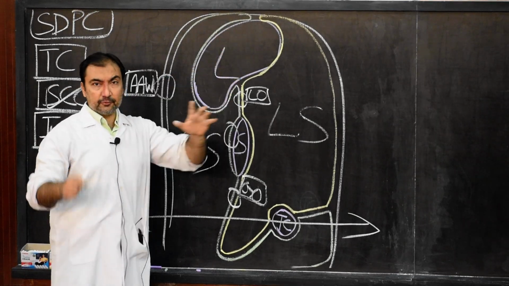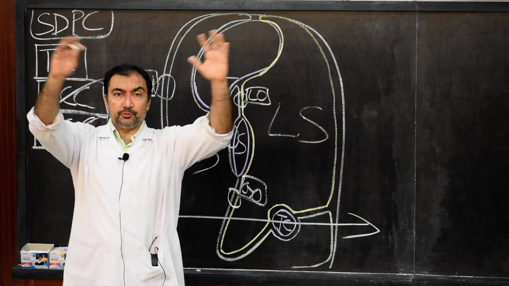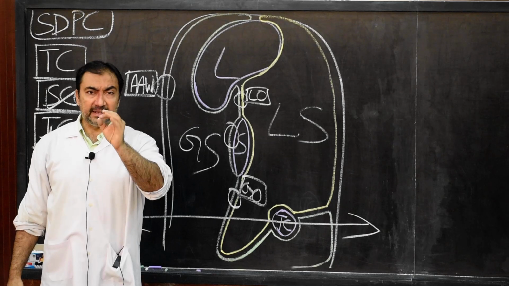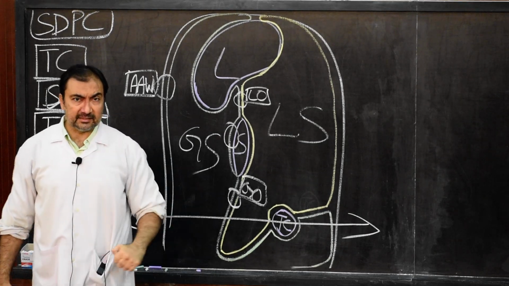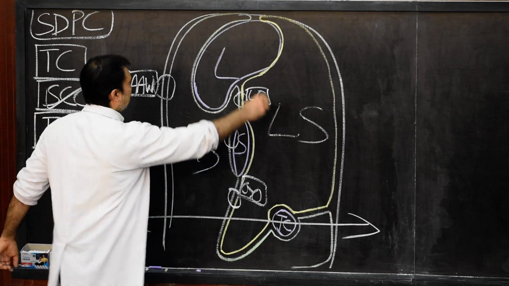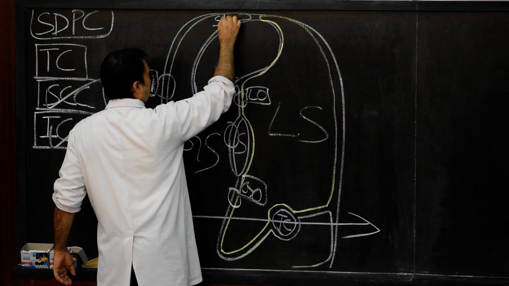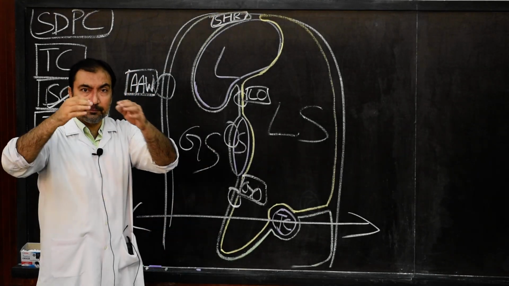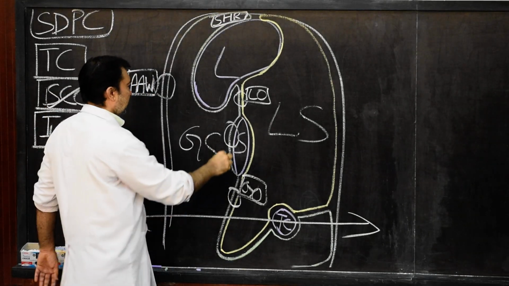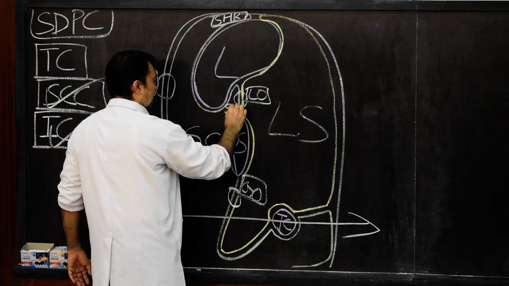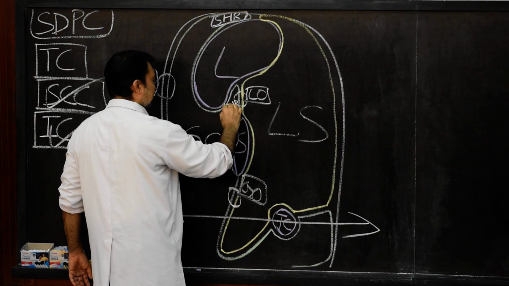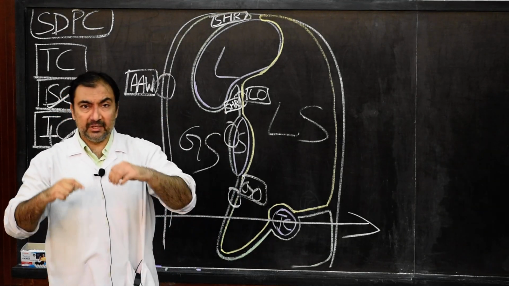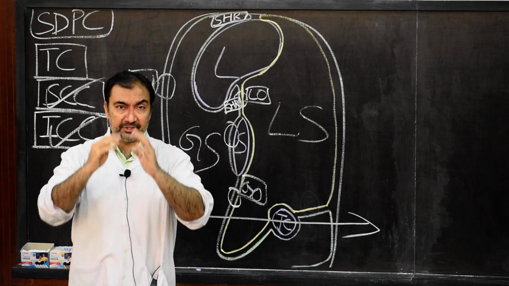In between there is the presence of the liver. So this liver will divide the entire supracolic compartment into various small recesses. The recesses present above the liver will be known as suprahepatic recesses, and the recesses present below the liver will be known as subhepatic recesses. These terminologies are very important. These questions are asked many times in 1 mark questions or in MCQs.